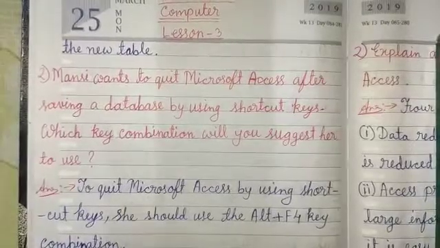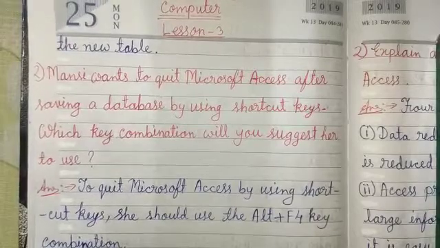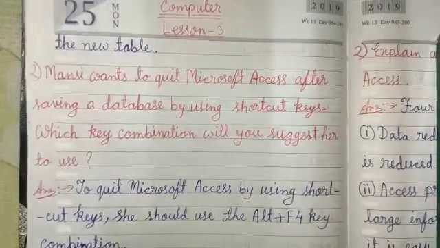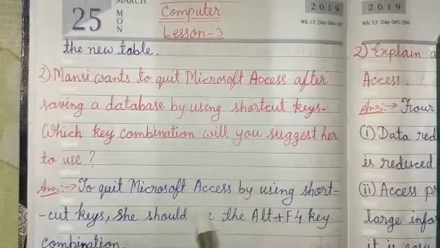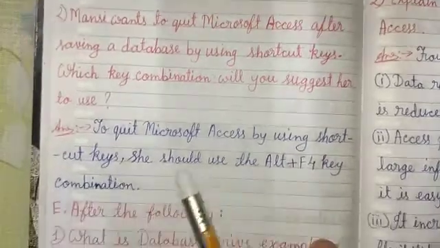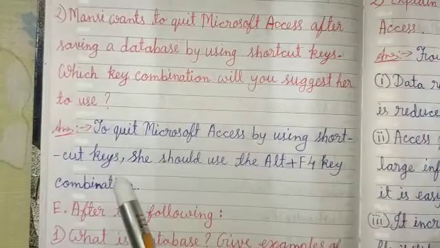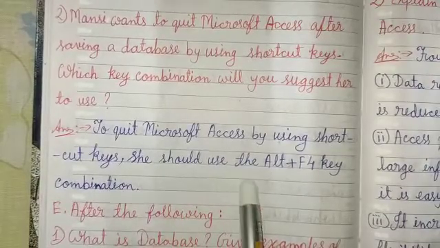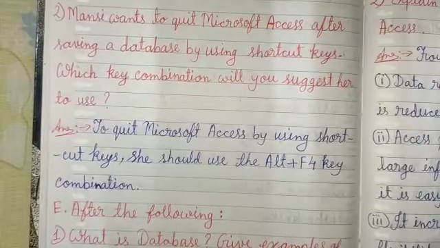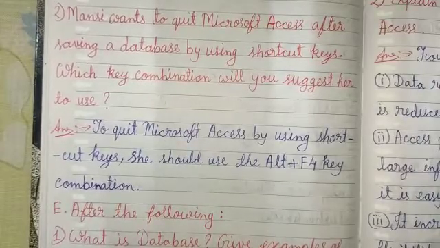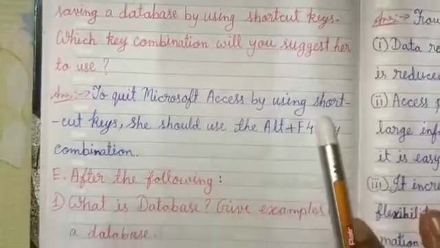So the answer will be, to quit Microsoft Access by using shortcut keys, she should use the Alt plus F4 key combination.